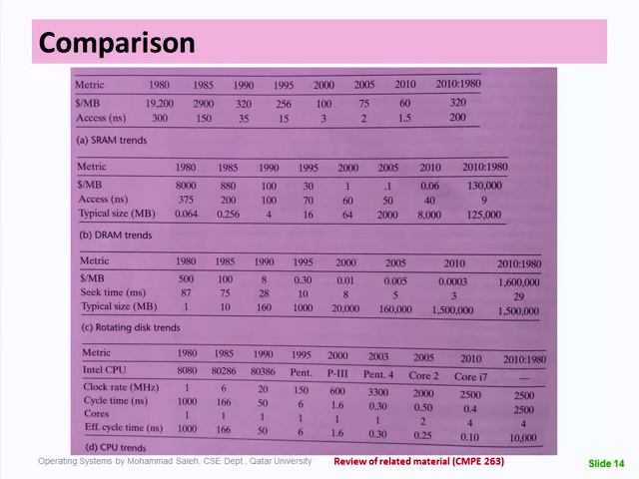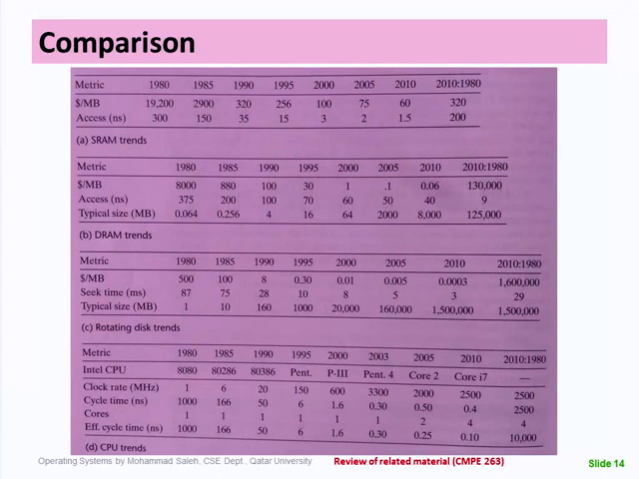And in terms of access time, the access time for it was only 300 nanoseconds, while in 2010 it is 1.5 nanoseconds. And that gave us 200 times faster. While if we look at the DRAM,